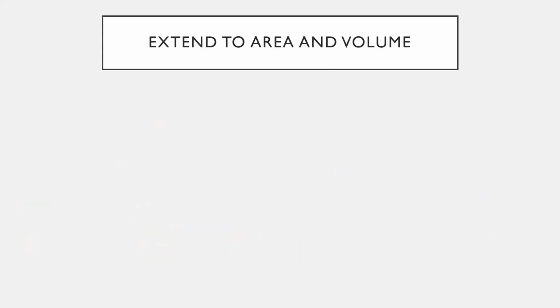All right. So we can extend this concept to areas and volumes. So just like delta L over L has meaning to us, right? That's our strain. Delta A over A also has meaning. This has to do with how much our area is changing. So if we look at,